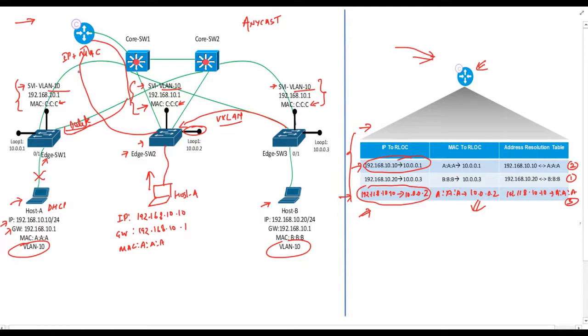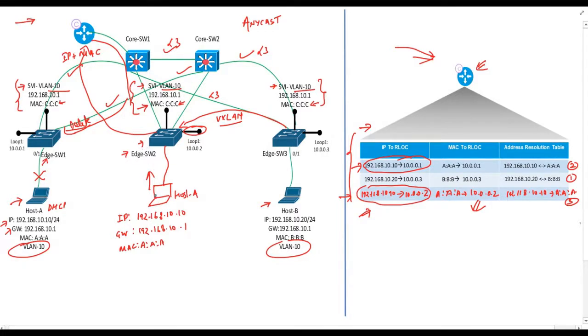As you can see, we are not running trunk links between the switches, and all the links between them, these links here, are layer 3 links. So there is no point in extending the spanning tree domain, correct? Another important thing is that the VLAN number is not of much significance here, and it is local to the switch itself. Let's try to understand my last statement.